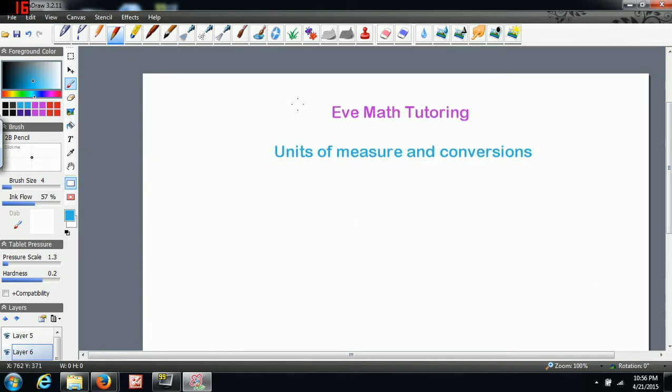Okay, now say we started off with the metric units of measure first, and then we did liters. So we did volume and we did mass. Now if we were thinking about looking at area,